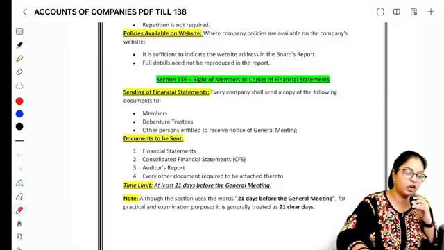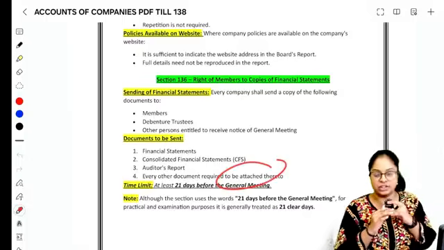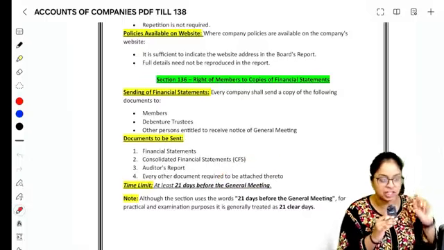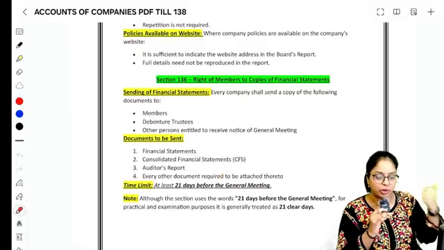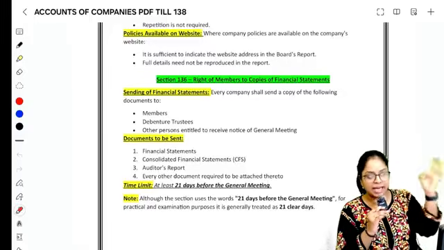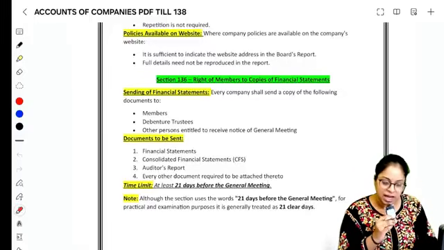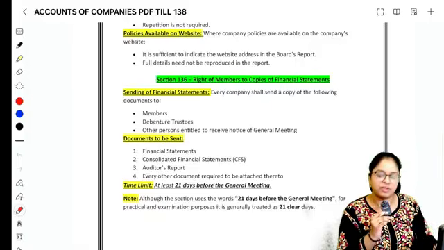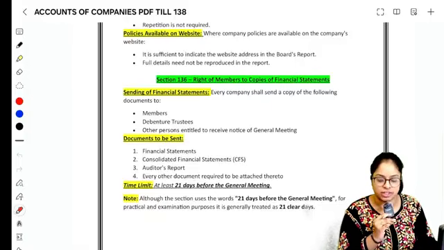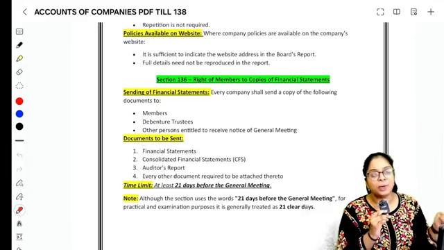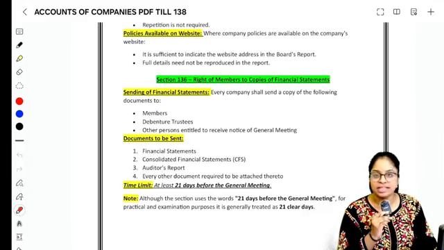And every other document which is required to be attached. Any other document that is required to be attached, you will have to give to your members, your debenture trustees, and any other person who is entitled. When will you give it? You will give it 21 days before the general meeting. We have already studied in management and administration, section number 101, 21 clear days before, at least you have to give them the